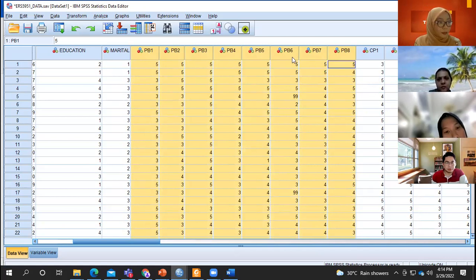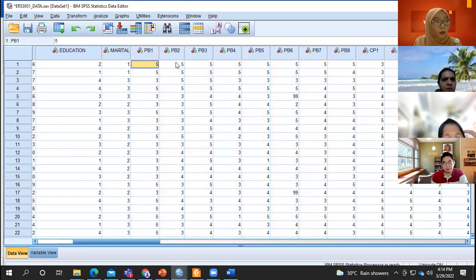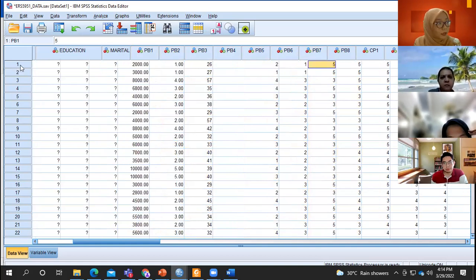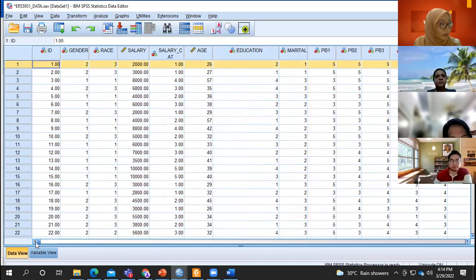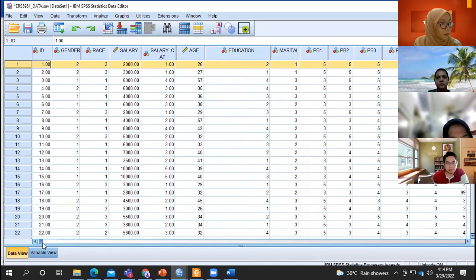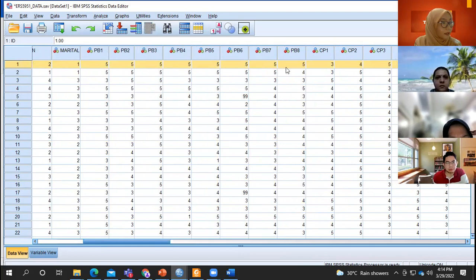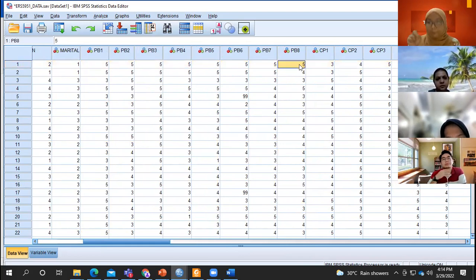For these 8 items, PB1 until PB8, for philanthropic behavior, I have 8 items, in which I use a 5-point Likert scale for all the items. So if my respondent answers 1 for each option from item number 1 until item number 8, the minimum sum will be 8. Am I correct? Okay, the maximum will be